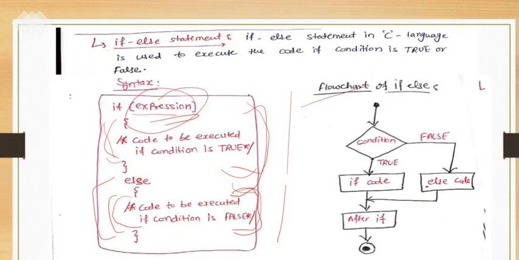So this is the flowchart for the if else statement, where we have to check the condition. If it is true, it will execute the if code, whatever is written in between, the number of statements in the block. Then after that it will come out, and execute the statements written after. Okay, but if it is not true,